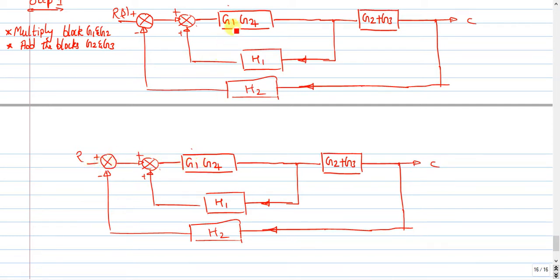If you see here, let me highlight the feedback. A simple closed loop has a block in the forward path and one more block in the feedback path, one summing point and one takeoff point. That is the definition. If you consider this, I have a summing point, and this will be my forward path, and this is the takeoff, and this will be my feedback.